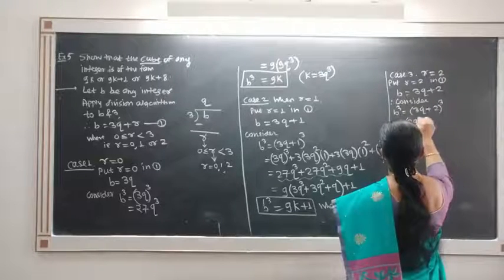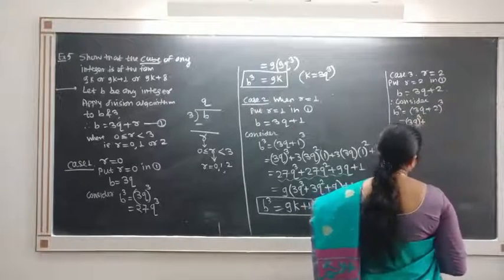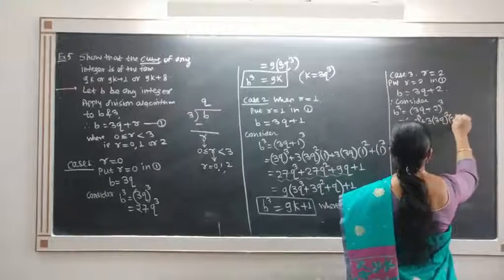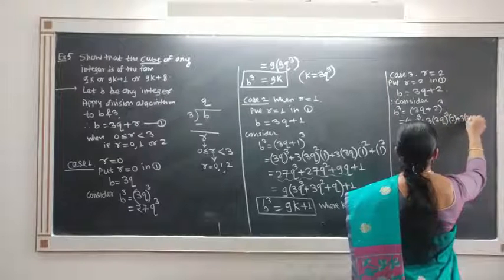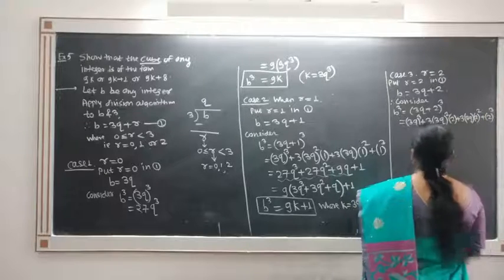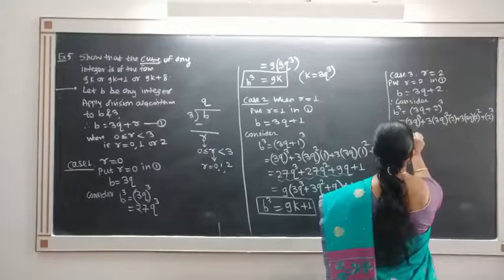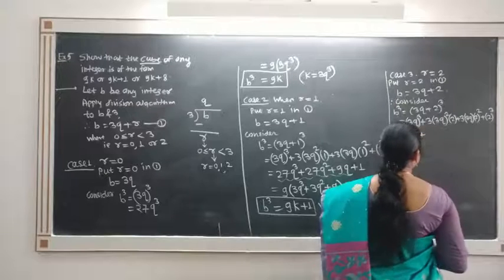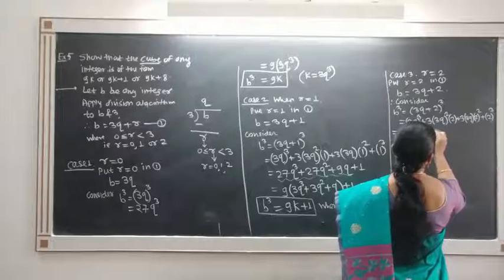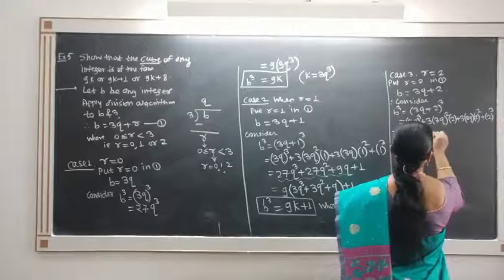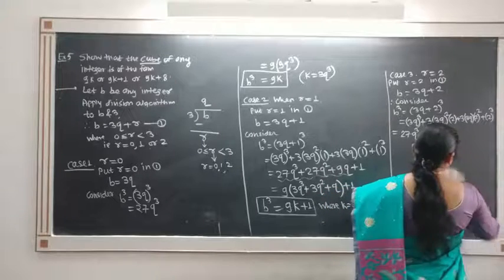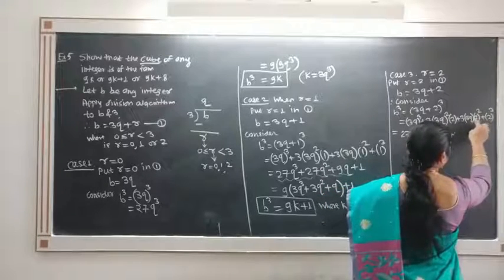It is 3q cube plus 3 into 3q square into 2 plus 3 into 3q into 2 square plus 2 cube. It is nothing but 27q cube plus 27 into 2, 54q square, plus 9 into 4, 36q,